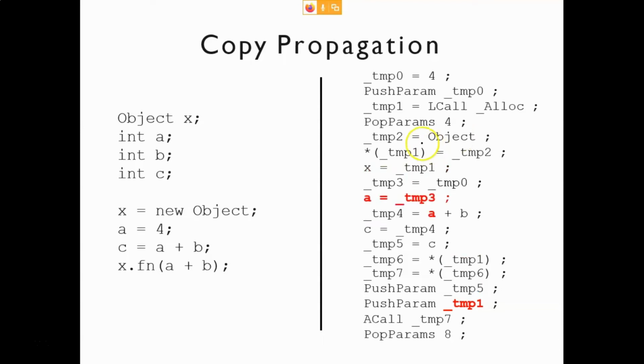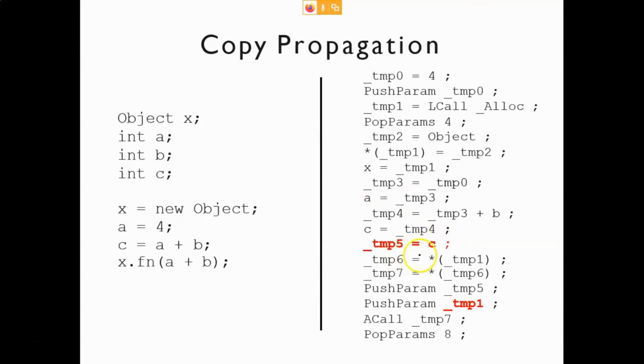Now similarly, here also you can apply the copy propagation. You are assigning a variable to a, and now this variable you are using here. In between there is no statement, so basically you are not changing a and you are not changing temp3. So what you can do is replace this a with temp3. So this is how you can do it.